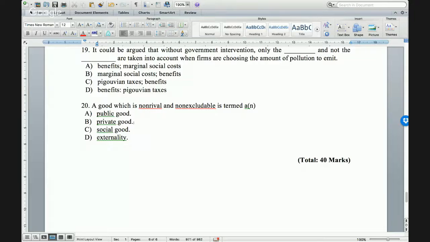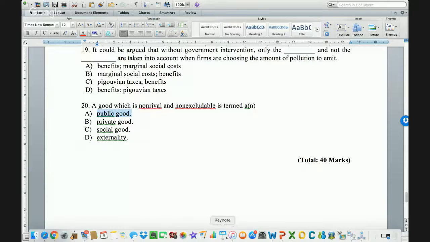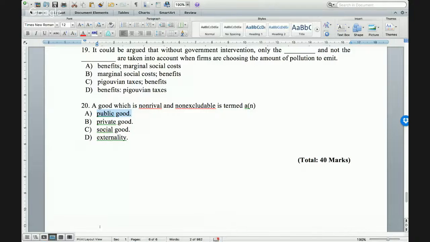A public good is something that we can share together. For example, that park. So if we have a public park that we could all go to, it's non-excludable. It doesn't exclude anyone from visiting that park, and it's also non-rivalrous. Okay, which almost means similar. So your answer for a good which is non-rival and non-excludable is a public good. And this question could also be asked in another way. A good which is rival and excludable is termed a private good. Okay, I really hope that all of this helped,